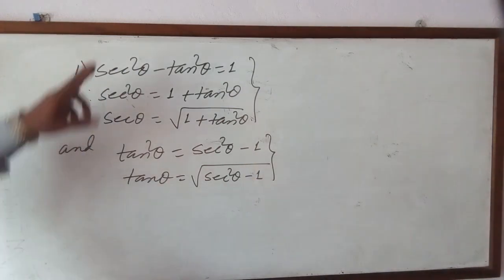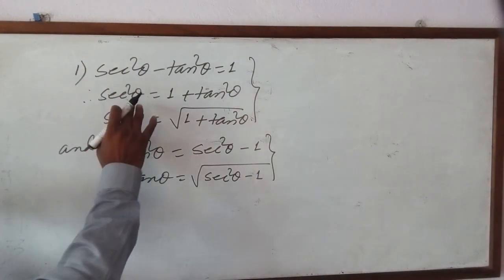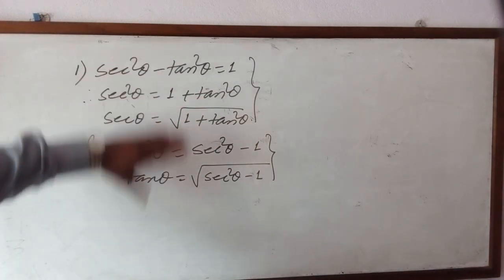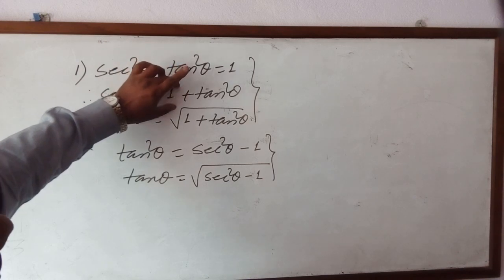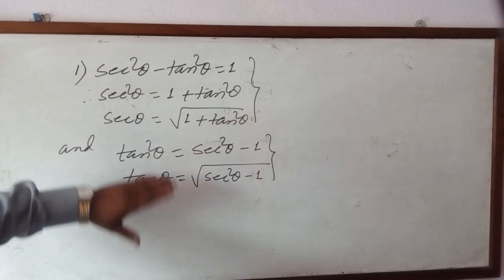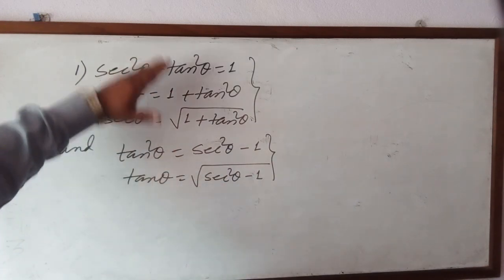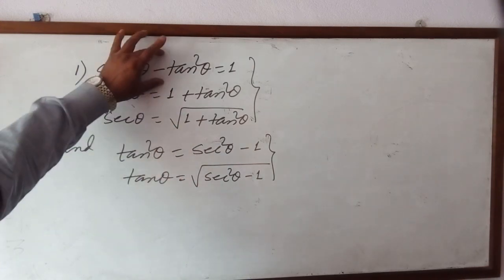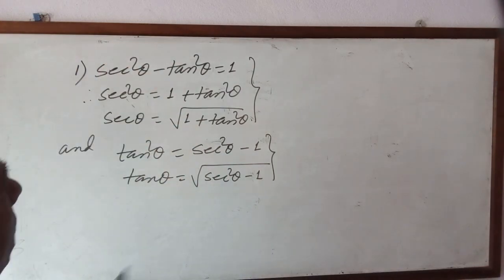Now from this main formula you should know these 4 different forms. Actually they are the same formula. From the same formula we derive this also, this also. Sec square equals to this, sec theta equals to this, tan square, tan theta. Now you should know these 4 different forms. These all we derived from here. Okay.